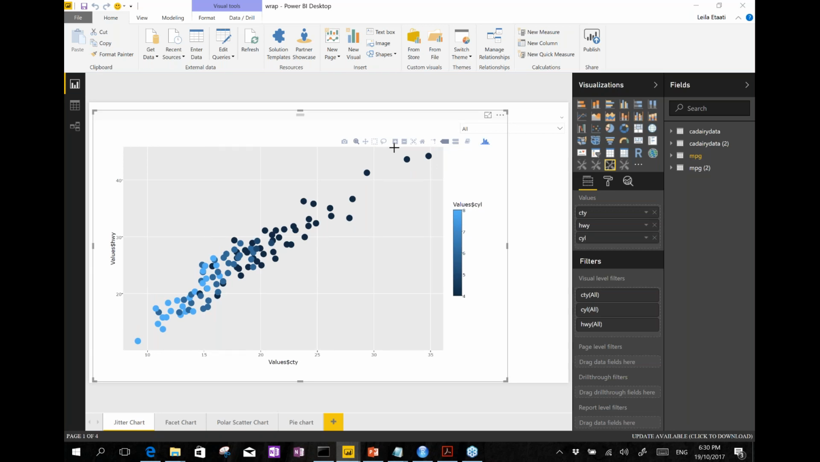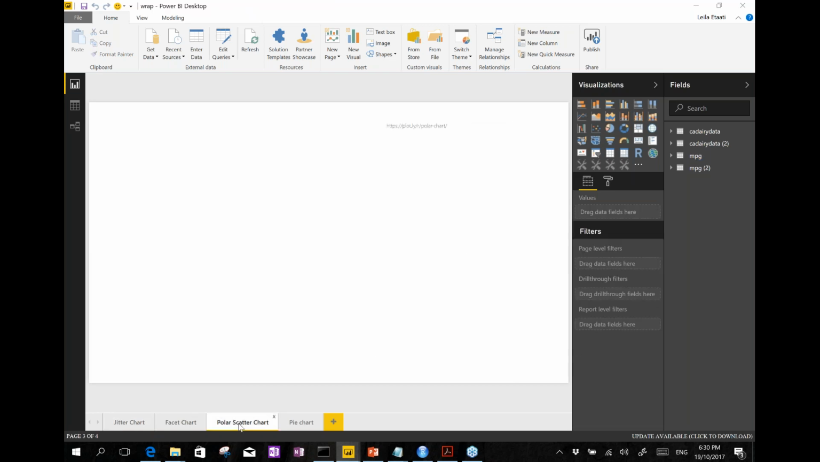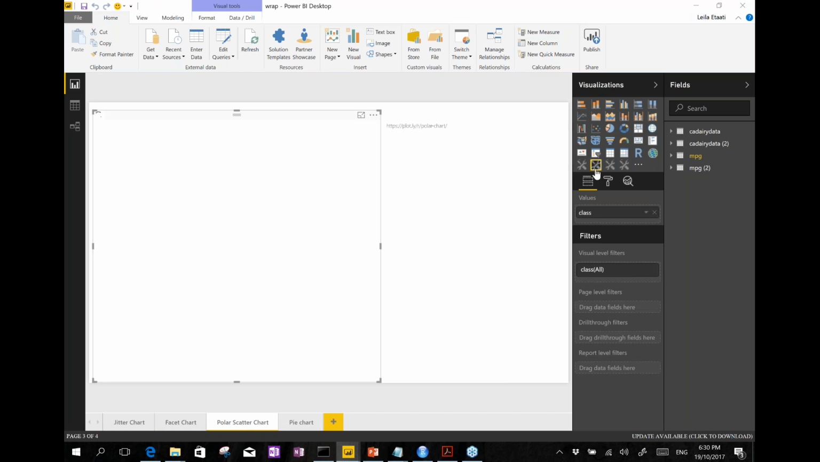It's now available and we can create that one. Or for example, for the polar scatter chart, I created another custom visual. So you can see here, I put polar scatter charts that actually help you to show two variables. One of them has a difference in